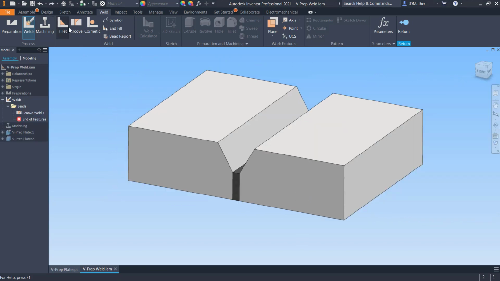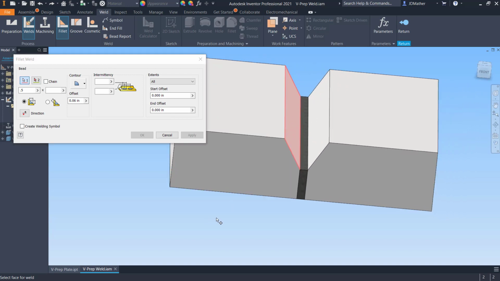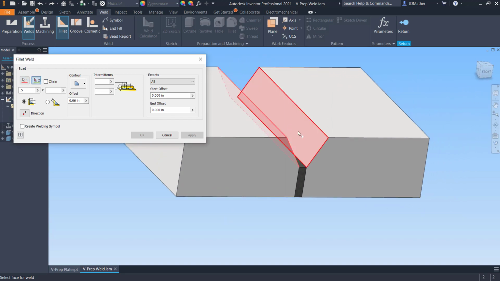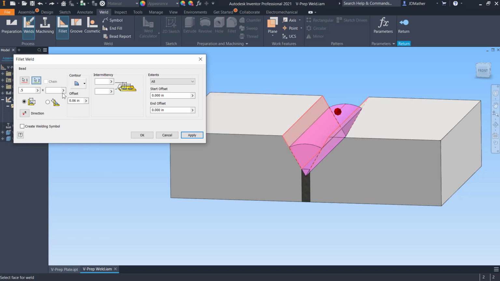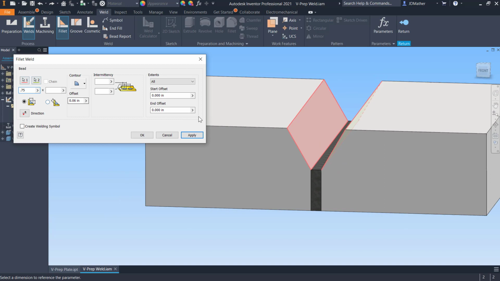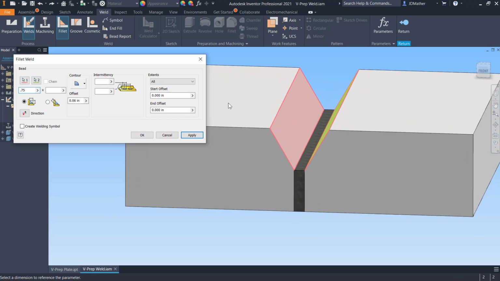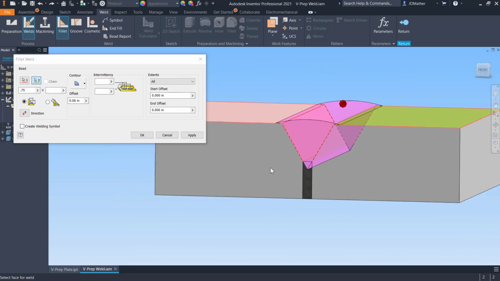So I want to put a fillet weld across here now, and I'm going to select this as face 1, and for face 2 I'll select this face, and I want the top of this to be a convex shape, but I want it to come up here higher across this face. So if I change this to 0.65, we see it preview, but now if I change this up to 0.75, we see that it doesn't preview because it would come up over this face. So I need to also select this as part of face 1 selection, and select this as part of face 2 selection, and now we see it